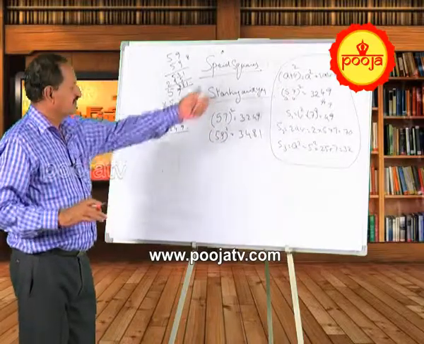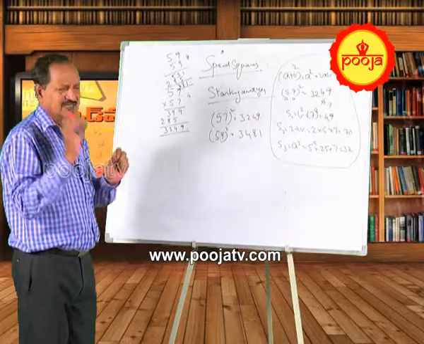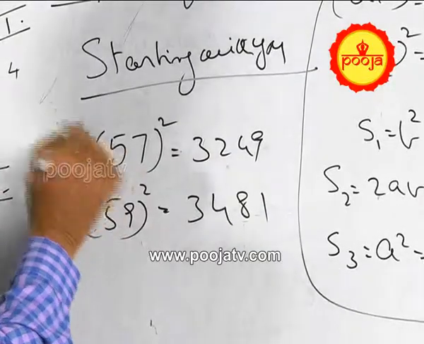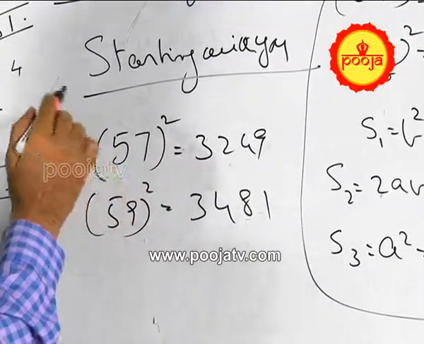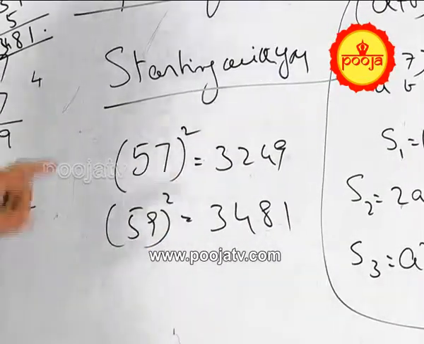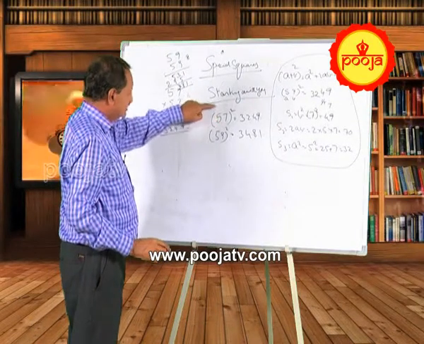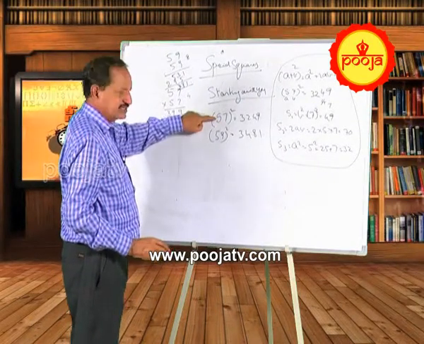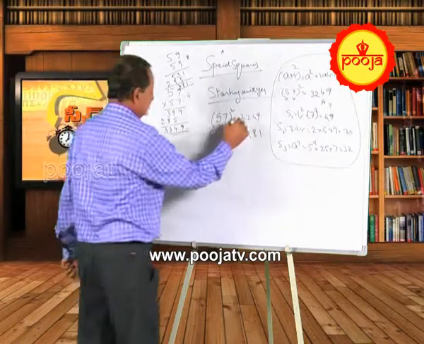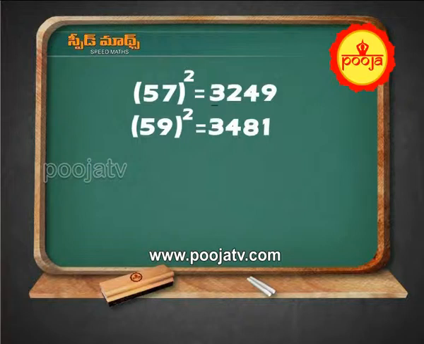There is no need to go for (A plus B) whole square or multiply anything. Simply in a second or two you can say. How? First, square the 5. What is 5 square? 5 square is 25, and add this 7. Listen clearly: when it starts with 5, always square this 5, or take it as 25. 25 plus 7, 32, and square the last number. 7 sevens are 49. Am I clear? 5 square is 25 plus 7, 32, 7 sevens 49.